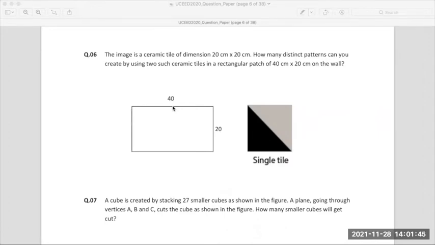Anybody? There are a lot of good mathematicians here. Anybody? Four. Okay, chalo. One single tile can be arranged in how many manners? One single tile like this. Two. Four. When I rotate it?